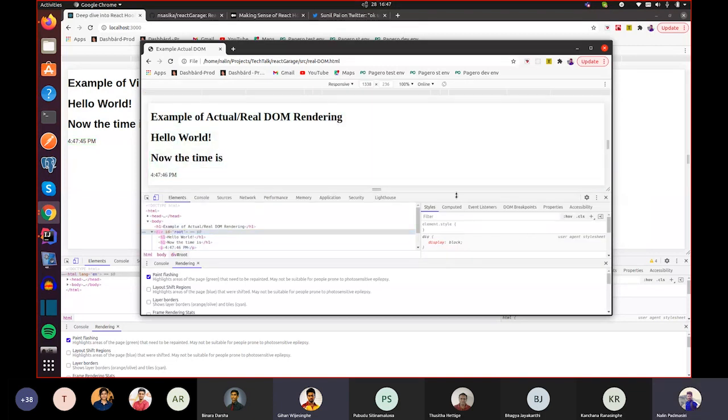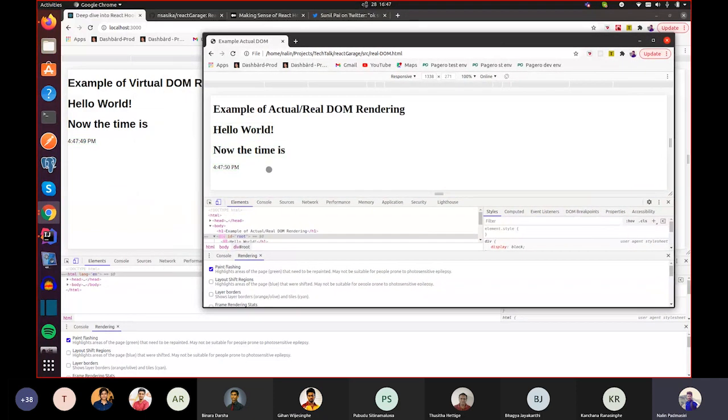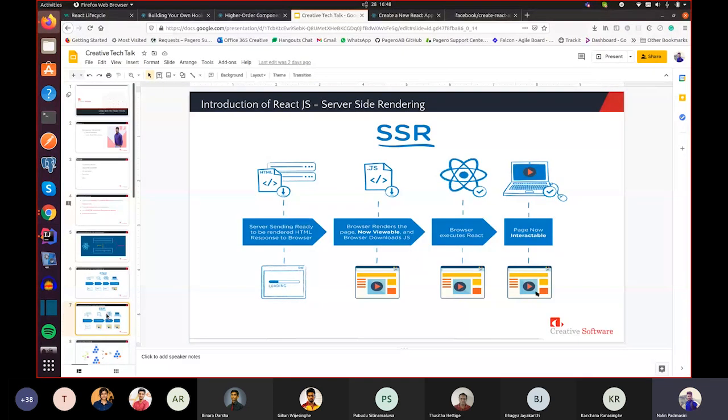I will use paint flashing here also. Can you see that in pure JavaScript it changes the whole component, but in the React.js application it changes only the place where the clock changes? Because the clock is changing with time, that's what I wanted to show you about the real DOM. Let's move to the next.